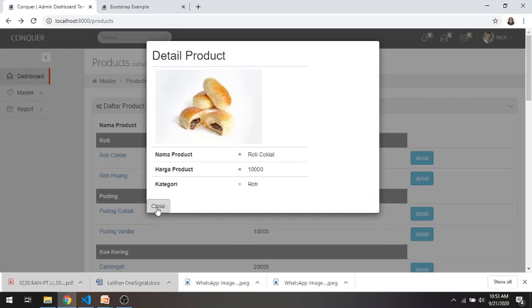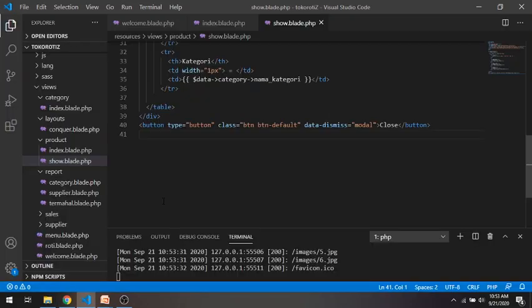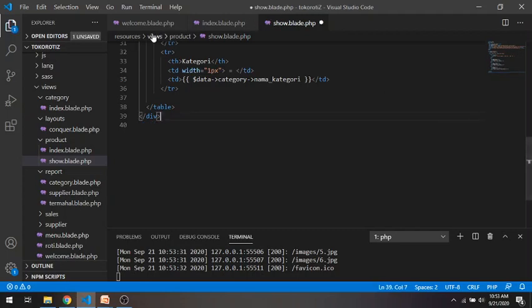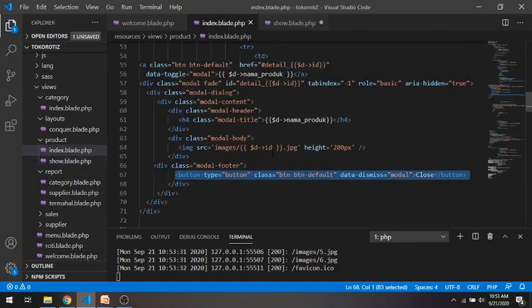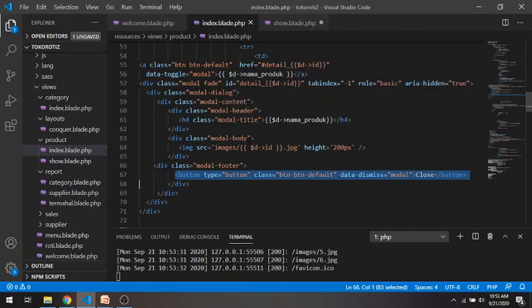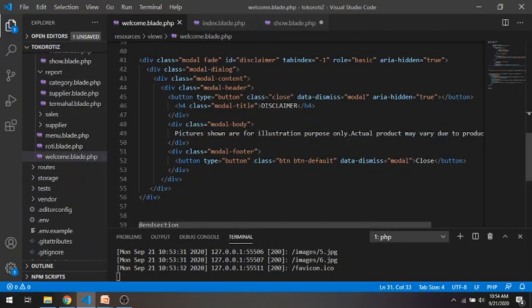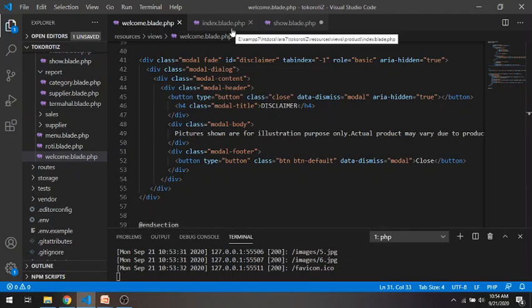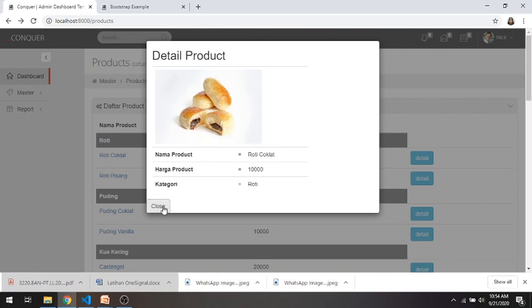This one is our close button. Oops. Dismiss not. Maybe we put it in our footer content.